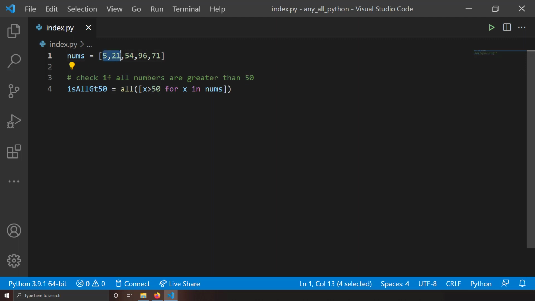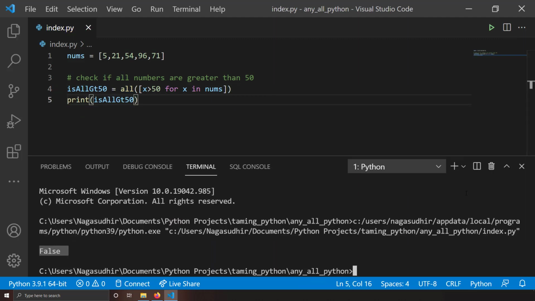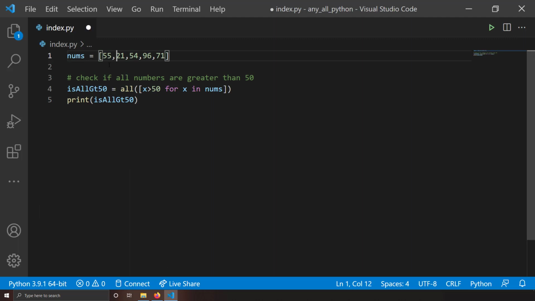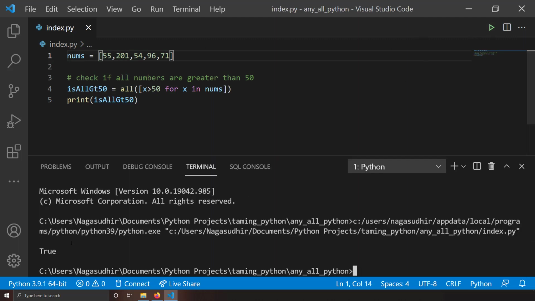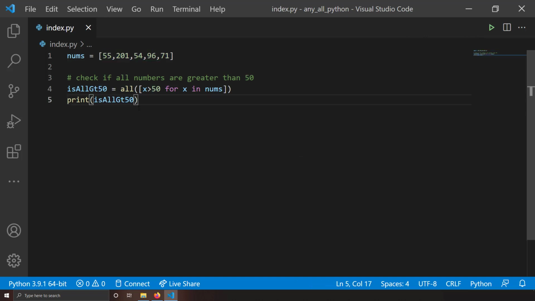So since the first two elements in this numbers list will be evaluated to false, the all statement on all these elements will be evaluated to false, because the all statement will be true only if everything is true, and here these first two numbers will not be true because they are not greater than 50. So this way I am creating an array of elements in which the first two elements will be false, and that's why when I run the all statement on that, I will get a false. So let me try to print this and show you. You can see it evaluated to false. Suppose I write numbers greater than 50 here and run this, you can see it's evaluated to true because all the numbers are greater than 50. This way, using the any and all keywords, I can expressively run iterative functions inspecting the elements of a list.